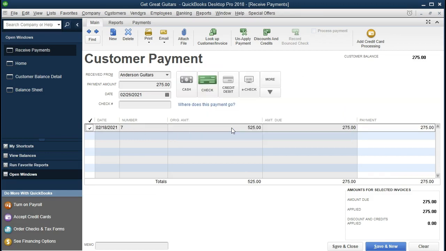And in this case, sorry, the check was not for $525. The check was for $275, the amount due. And this one was the item in which we had a deposit in advance. So we received a deposit in advance of creating the invoice. Then we created the invoice, tying it to the deposit. And now we're collecting in the mail the final portion of the payment after delivery of the guitar,